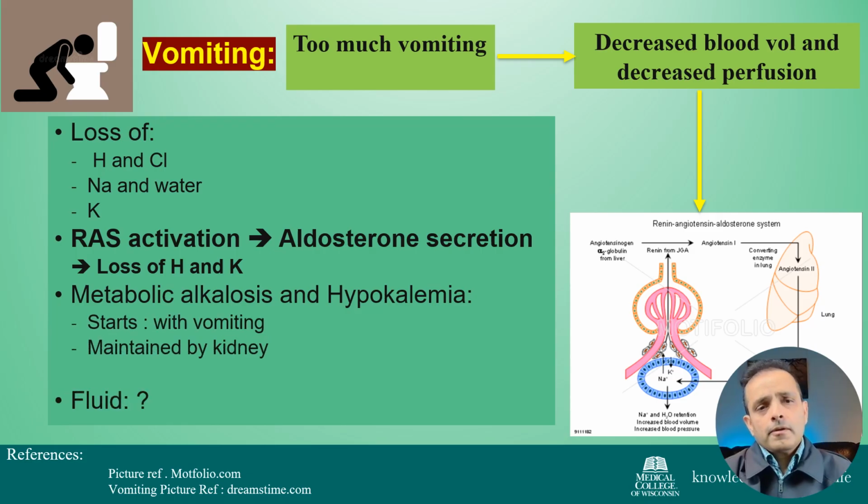But what happens when you give ringer lactate to these people with vomiting? They are already alkalotic, and when you give ringer lactate, that lactate goes to the liver and changes into bicarbonate, resulting in overshoot alkalosis. You don't want to do that. They are already alkalotic, you don't want to overdo that alkalosis. So for these people who are alkalotic, the best maintenance fluid is going to be 0.9 normal saline